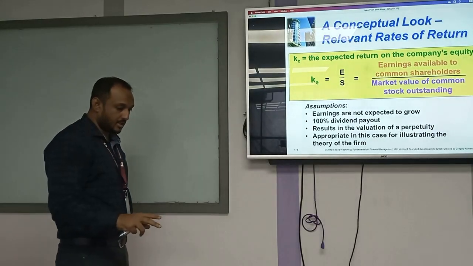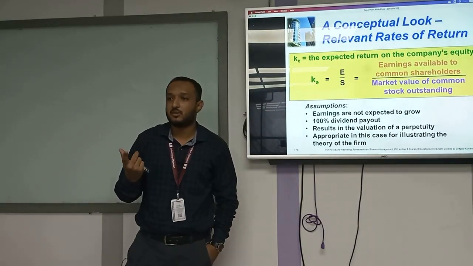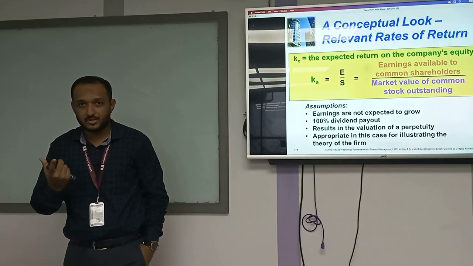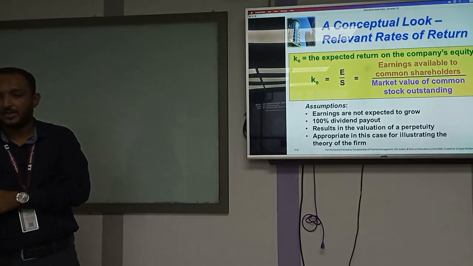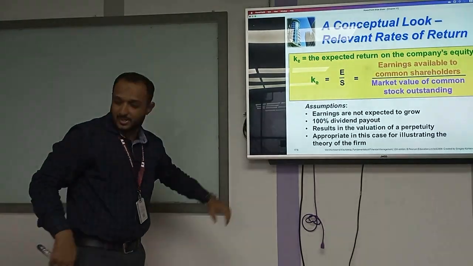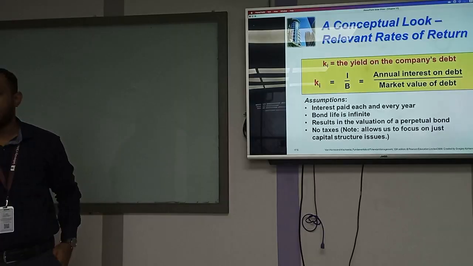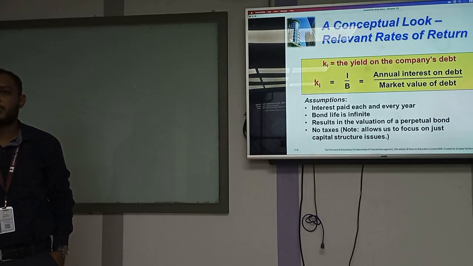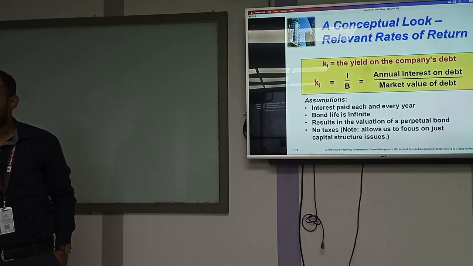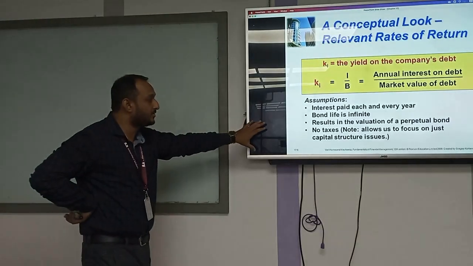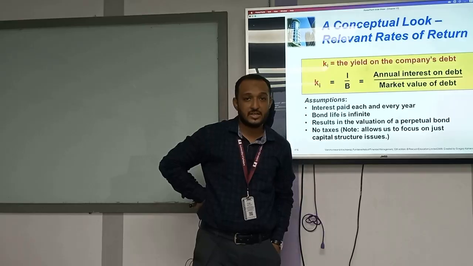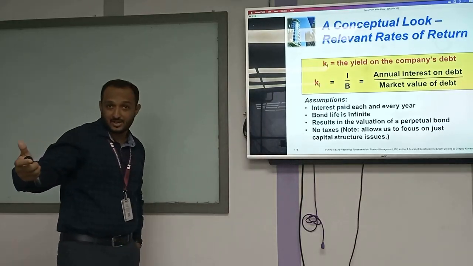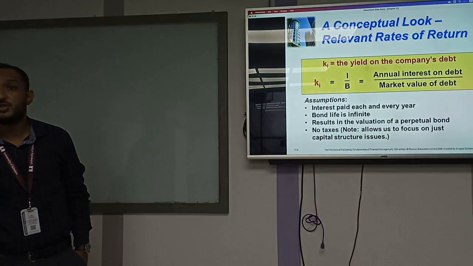Again, there are two types of securities we will be talking about. One is bonds, one is shares. Preferred stock and common stock are both shares. And for bonds, we have seen KI, the cost of debt or cost of bond, whatever we say. This portion is denoted by the bonds or debts. There is another portion that is called the shares.